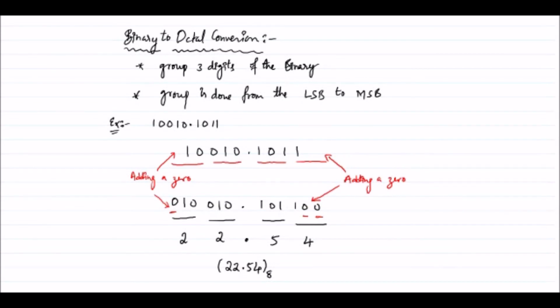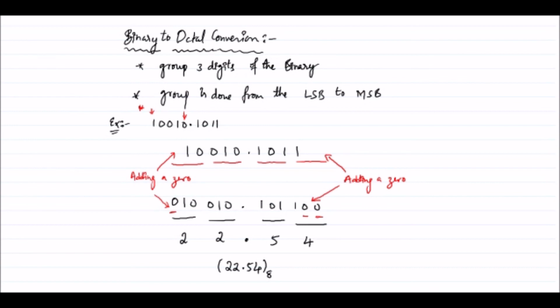so now what we are going to find out is, we will take the binary value, and we want to convert the same binary value into octadecimal number. So we need to follow some basic rules. Like in the octadecimal to binary we have grouped three, so we have represented each octadecimal number with 3 binary digits. In the same way here we'll group 3 digits of binary into one group. This has to be done from LSB. So this is LSB to MSB.